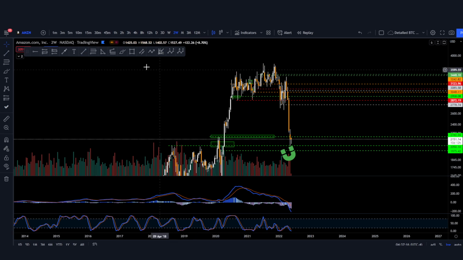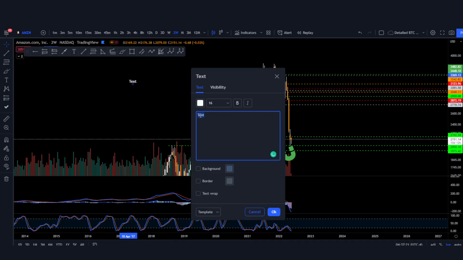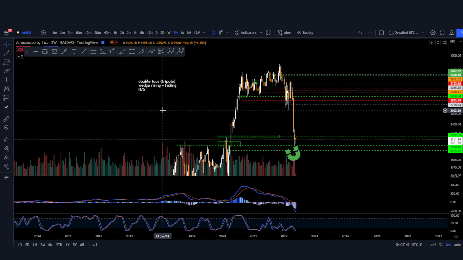Now, the most reliable patterns in my experience are double tops, double bottoms, right? So double tops and bottoms, of course, maybe triple tops. These are this one for sure. Then the wedges, rising and falling. And the last one for me personally, what I like, which is in a form of double top or triple top or bottom, is the head and shoulders, right? Head and shoulders is, in essence, exactly that, a triple top or a triple bottom, because you have some sort of